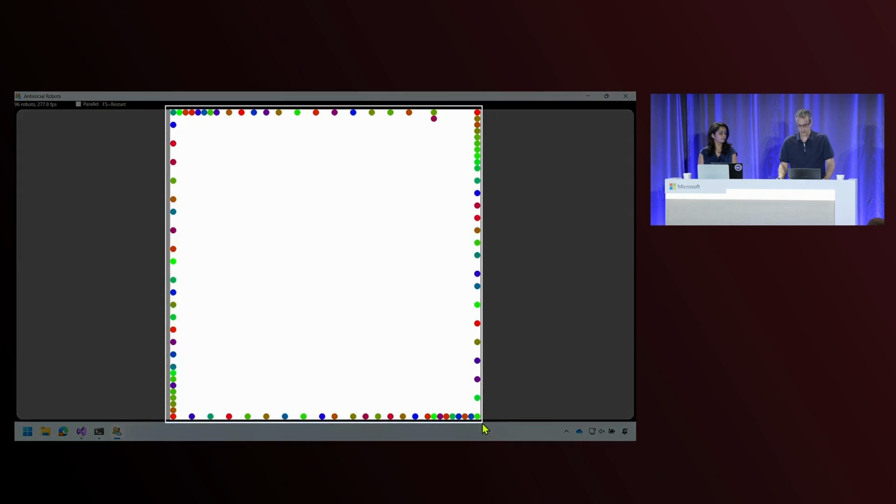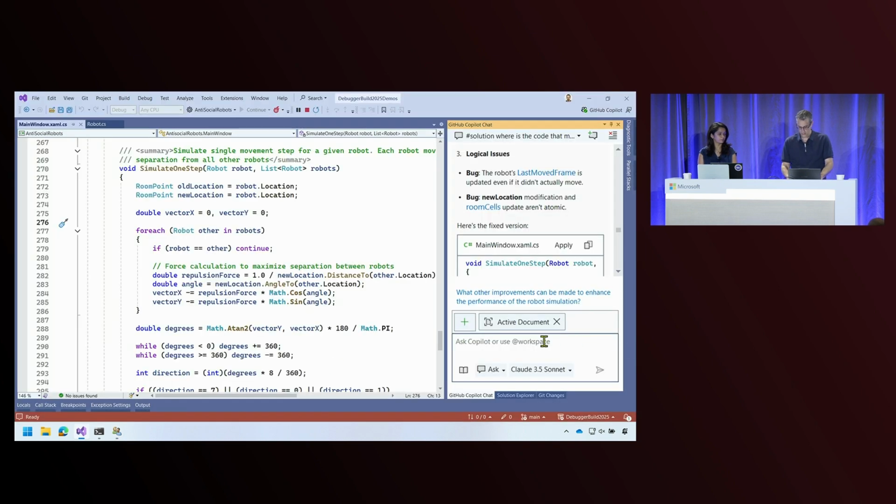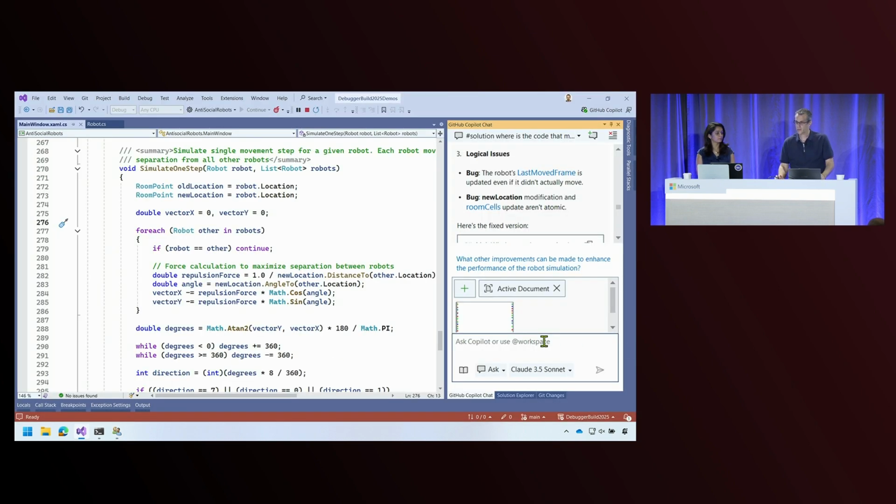I can simply take a screenshot and paste it into the chat window. It will be added as an image attachment. And I can simply say, fix robot spacing or arrangement.